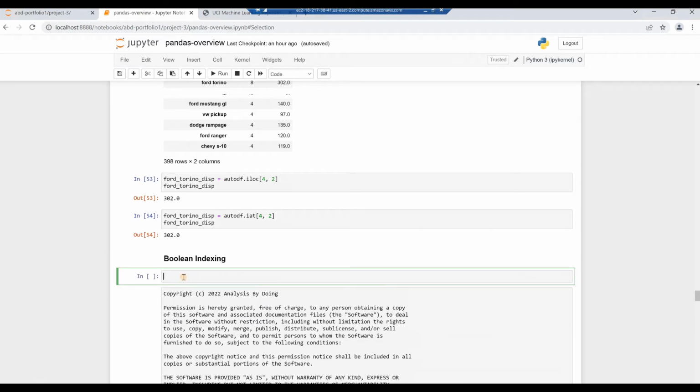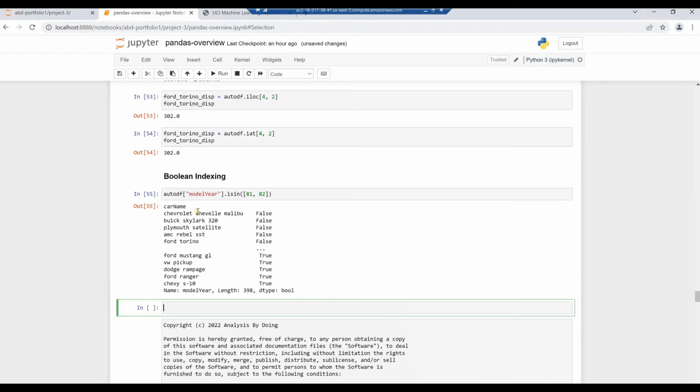Compare if the column model year is in the specified list. Key in the code autodf within brackets within quotes model year dot isin within parentheses a list 81, 82. Then hit Alt and Enter. Each element in the column model year is compared to the specified list and an array of Boolean values is